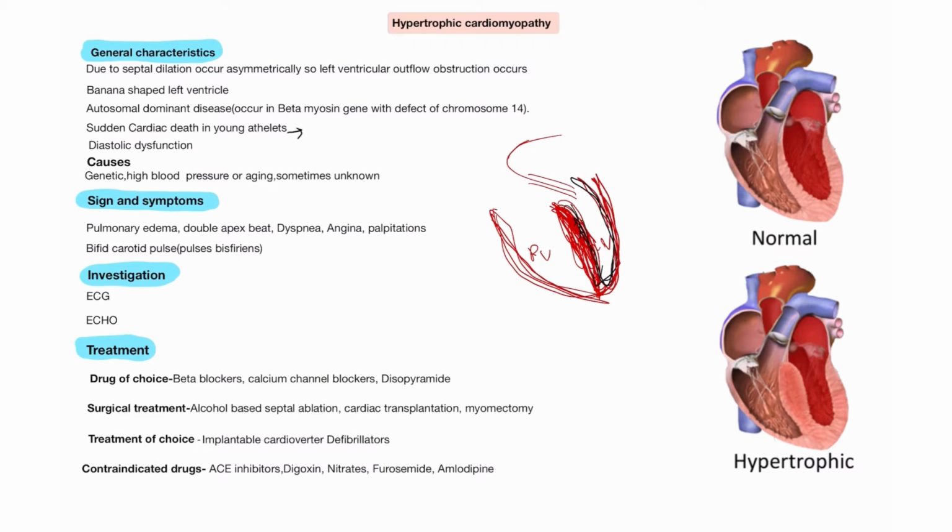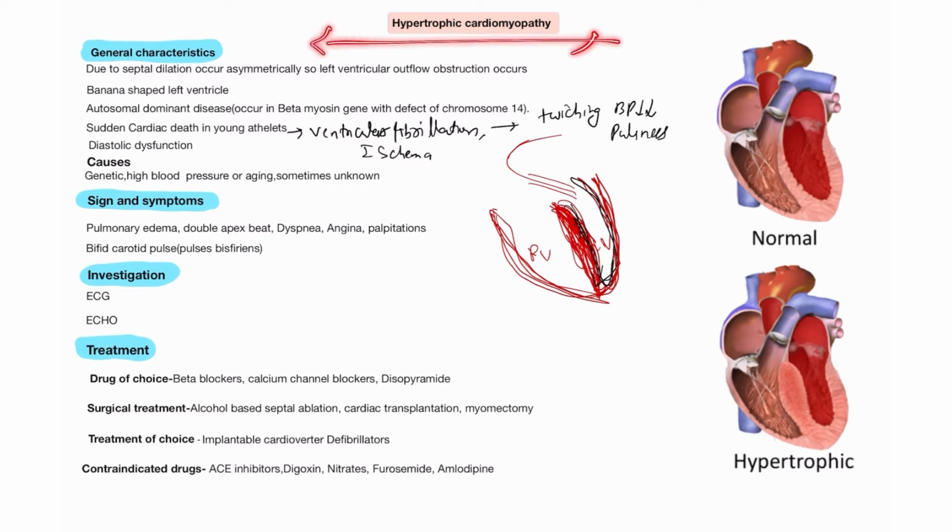fibrillation occur. Due to ventricular fibrillation, you already know, twitching of the heart occurs, so blood pressure decreases very abnormally and the patient becomes pulseless, there is no pulse, and it causes the death of the patient. So this is the cause of death of the patient in hypertrophic cardiomyopathy.